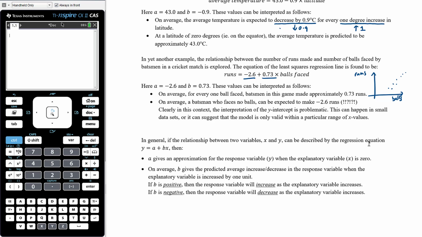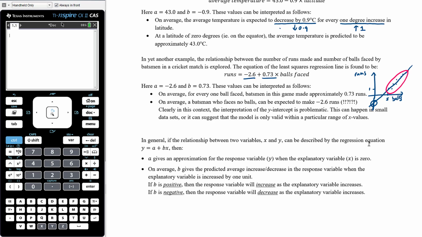That's what's happening. So when someone faced, I'm making numbers up, 5 balls, they made 1 run. Let's say that's the lowest data point, and then things go quite steeply. Now, if you fit a line of best fit to this data, you're going to get a negative Y value, okay? But the line of best fit is only really relevant in this range here where